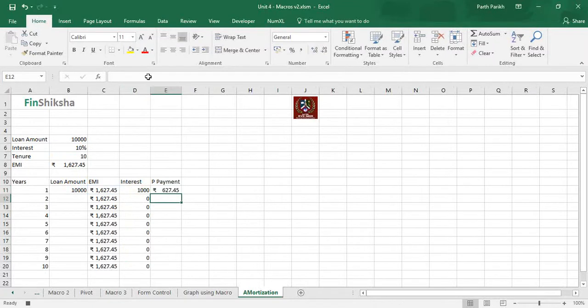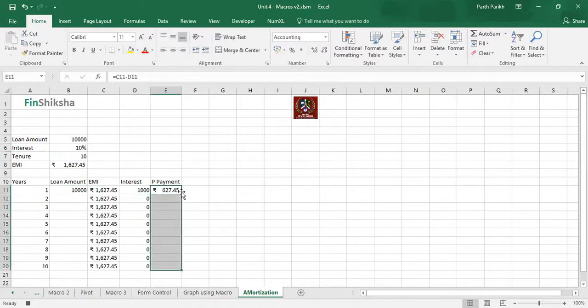So this means that in the first year I was supposed to repay 1,627.45 as an EMI because my loan amount was 10,000. I paid interest of 1,000, and the rest was towards the principal.